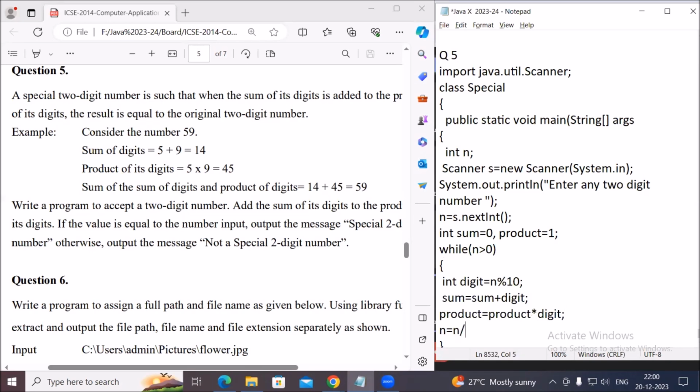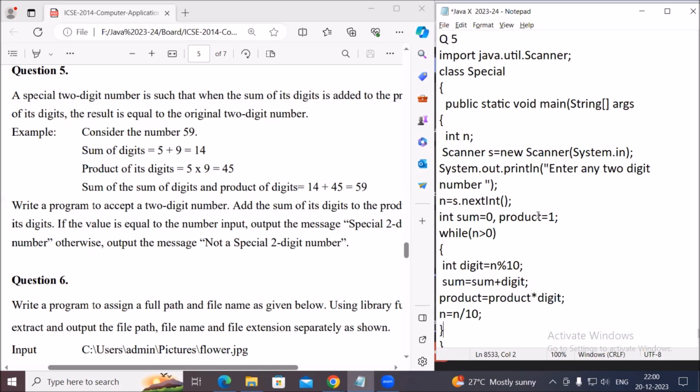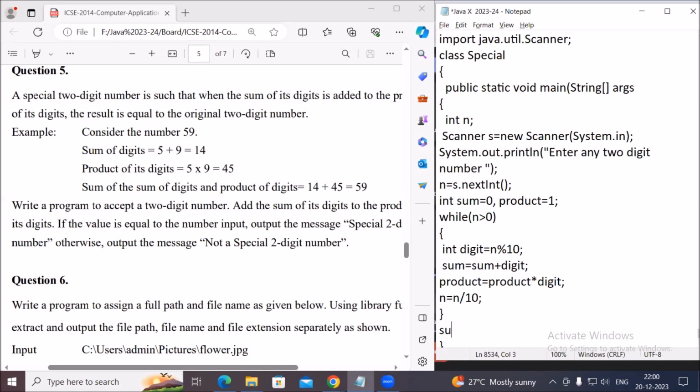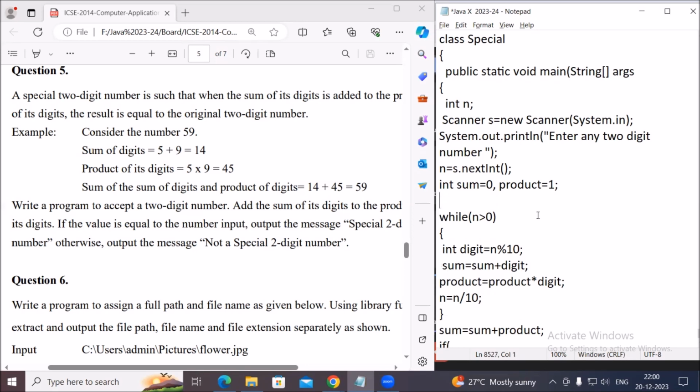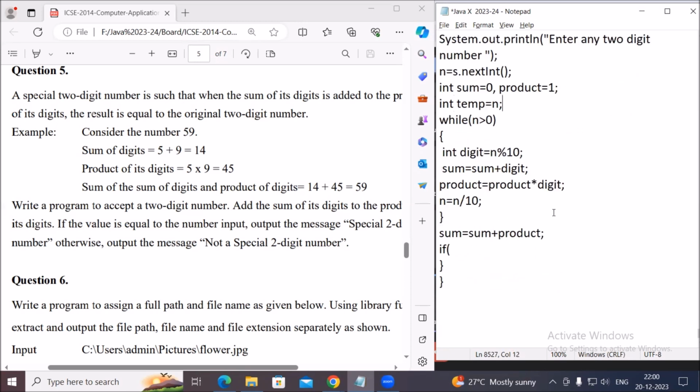Then n equal to n by 10 for reducing the given number by one digit. And after that, sum equal to sum plus product. See, n is reduced to 0 once it comes out from the loop. So before we enter into the loop, we should have a temporary variable which stores the value of n. So here I am comparing with the temp, which has the original value of n. If temp is equal to sum, then say System.out.println